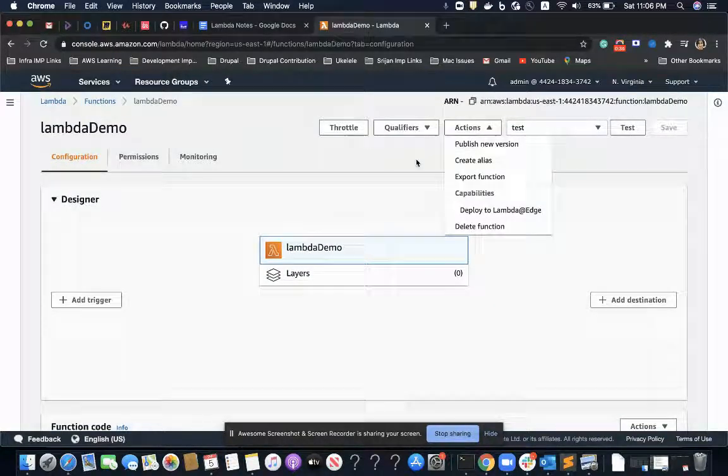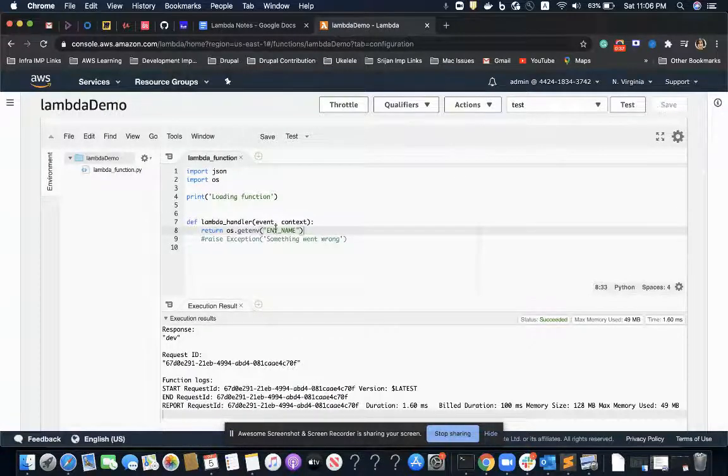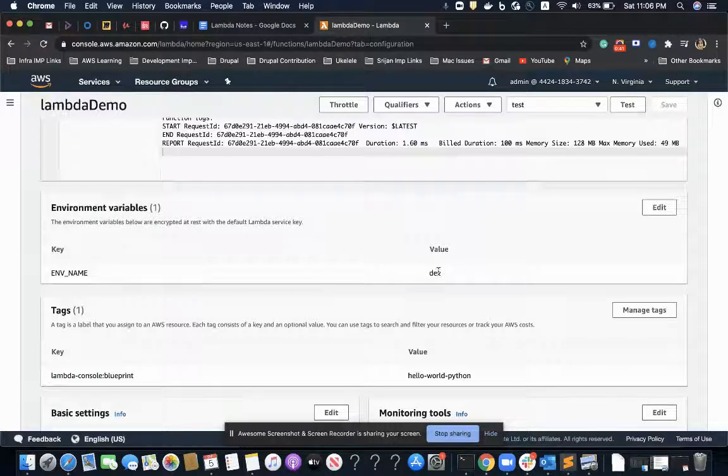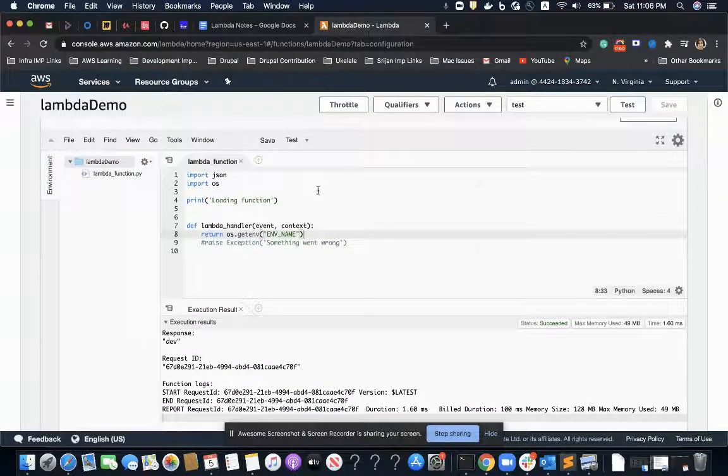Here in my code I am basically printing out the environment name. I have set this environment variable with key environment name to dev. So this code is representing my dev environment.